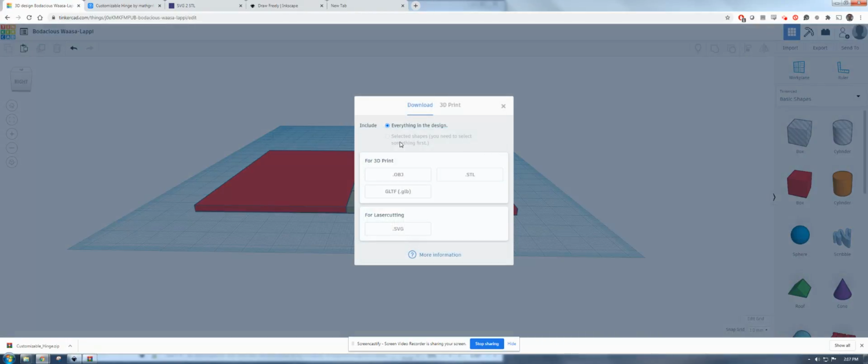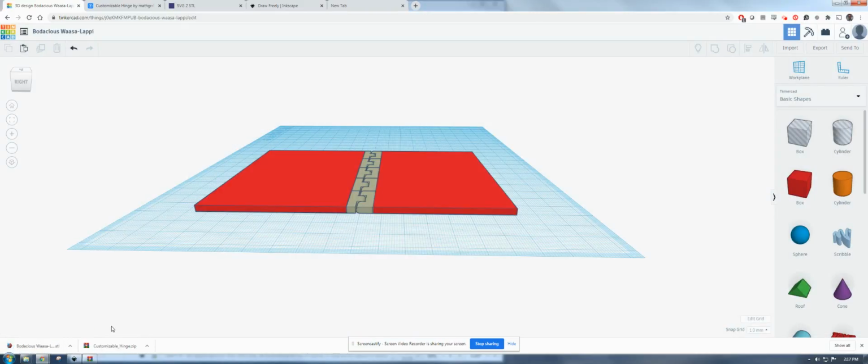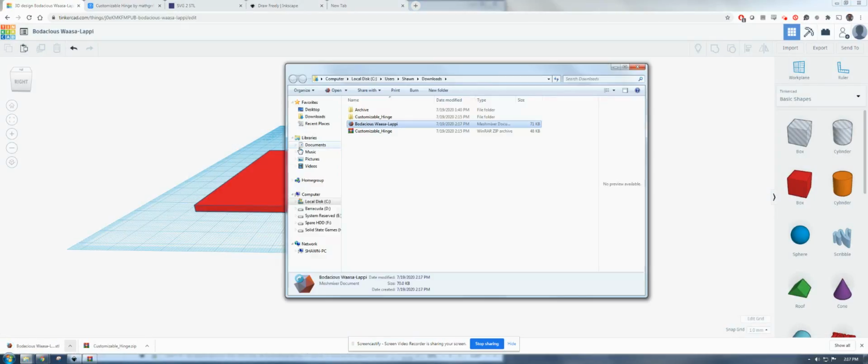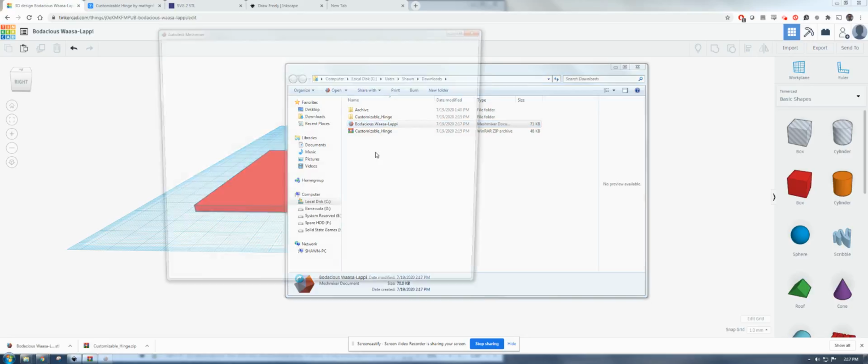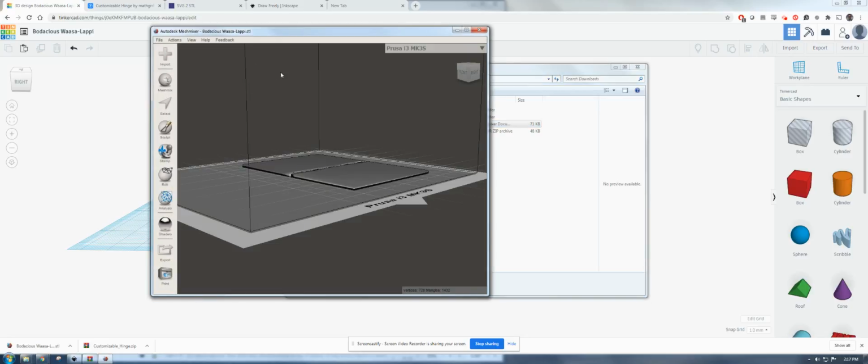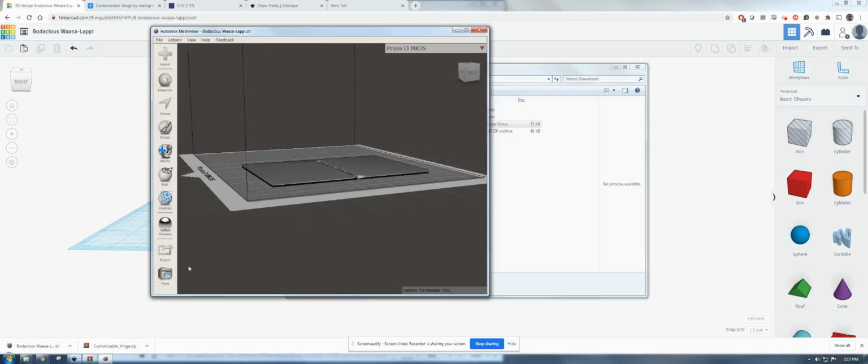So you just export this item out. If you had something selected, you'll need to select everything in design or highlight what you want to export, then export it as an STL. So then you see you have your STL file. Open it up. Mine opens in Autodesk Meshmixer. That's what I use. Then you will hit print,